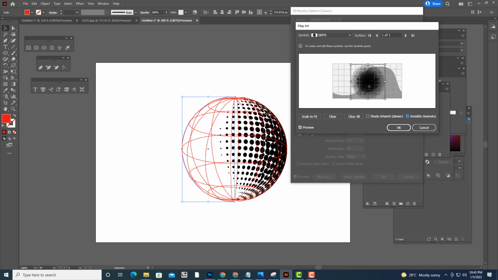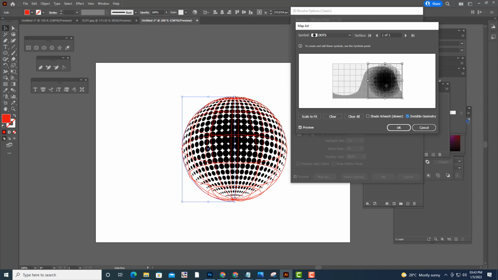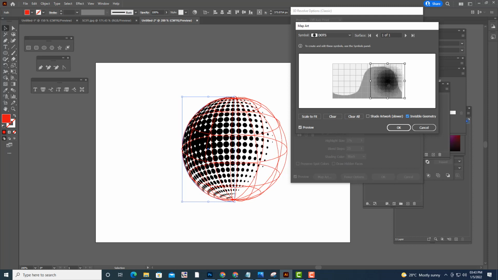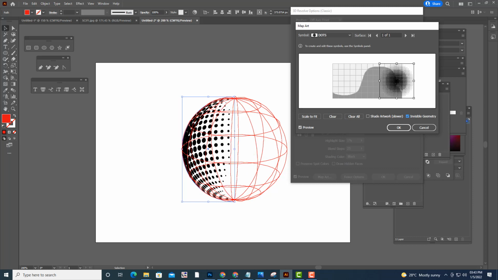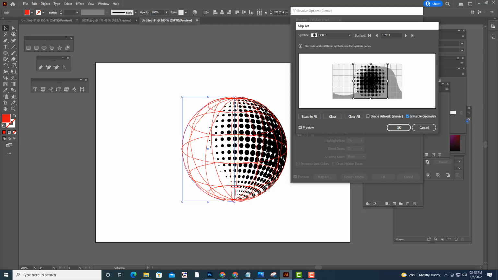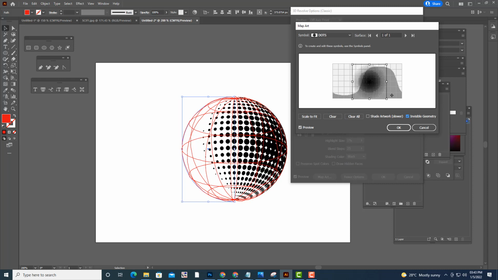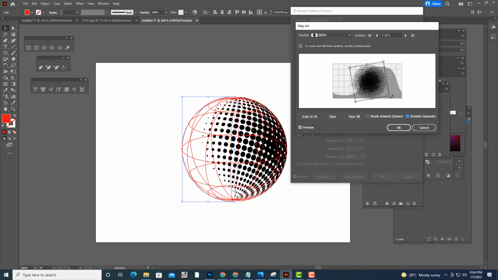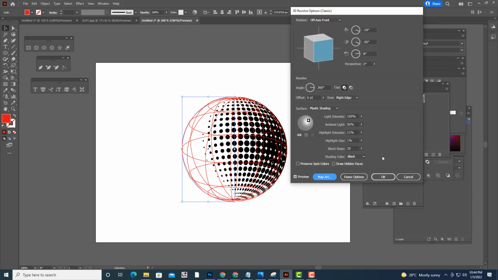See, now you can see the dots. So we can adjust it properly like this. Once you have adjusted it like this, simply click OK.